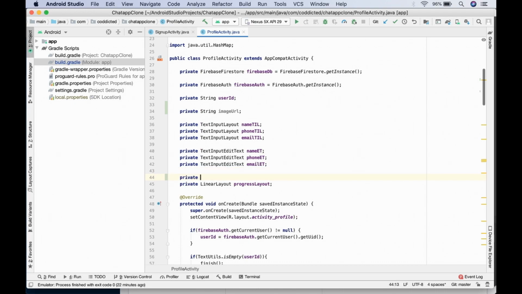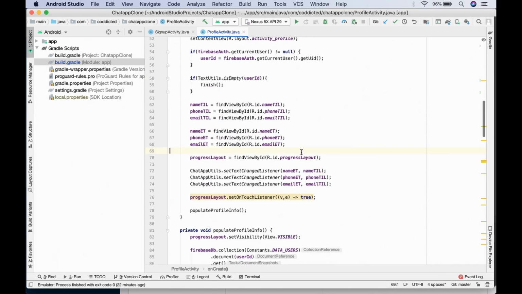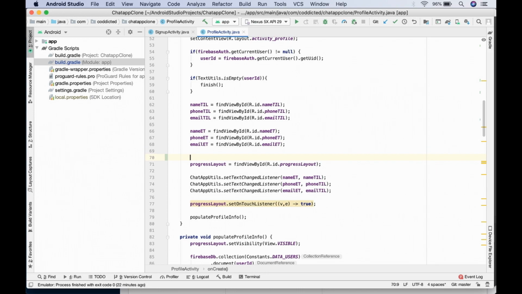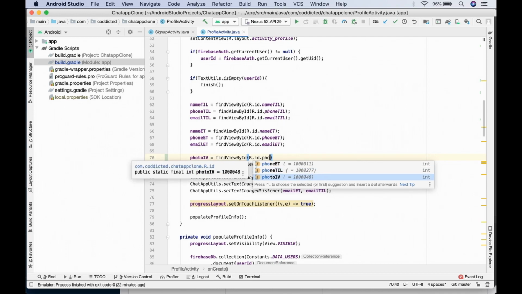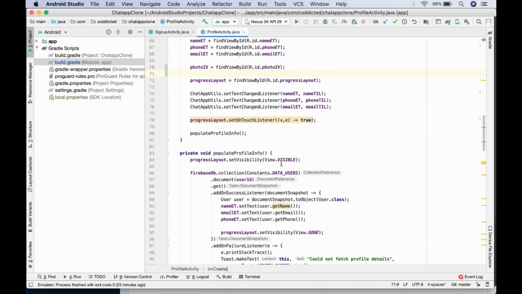So private ImageView photoIV for our photo image view, and here we can get the value with findViewById, R.id.photoIV, and